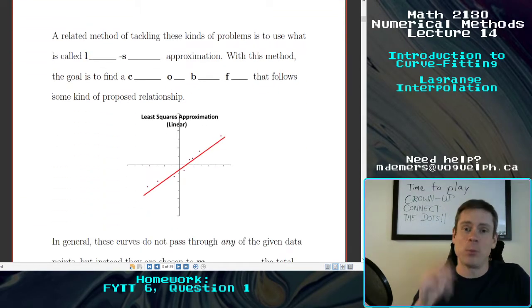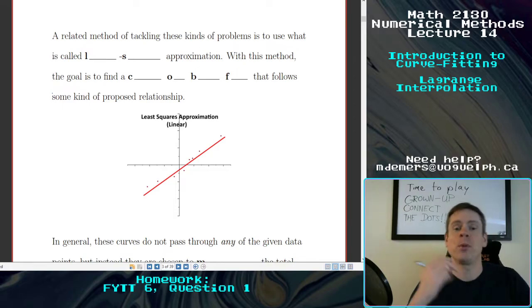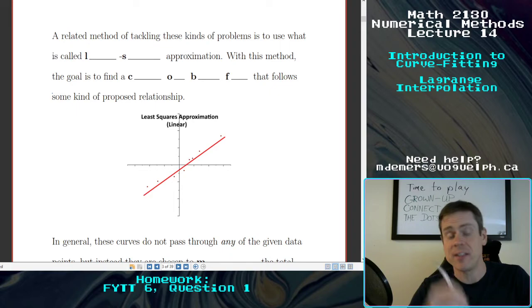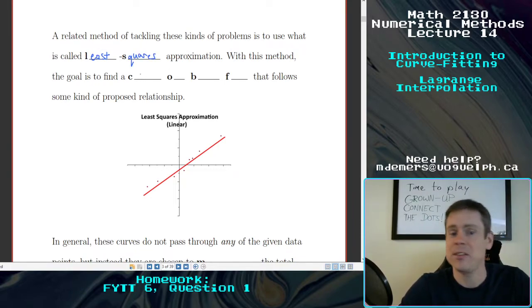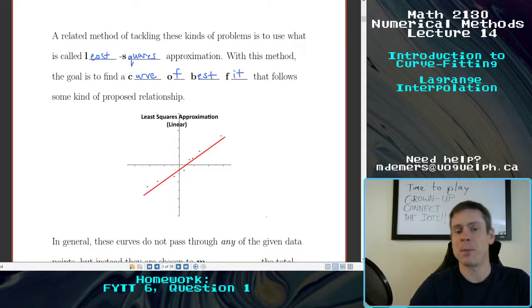A related method, we're not going to cover it explicitly in this course, but one thing that you've probably already seen before and might be studying in statistics courses right now is what is called least squares. Least squares approximation. And with this method, the goal is basically to find a curve of best fit